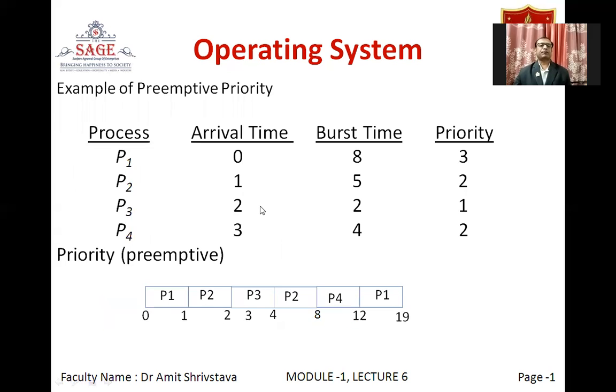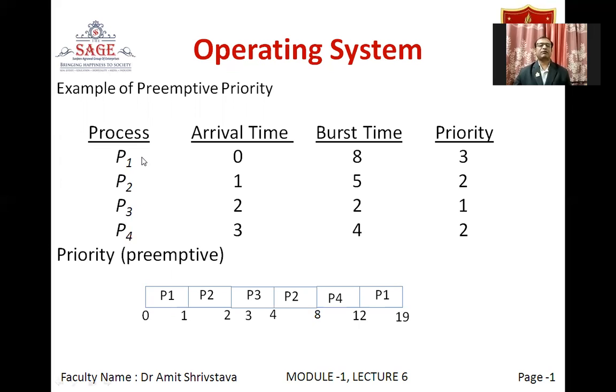Now let us see the preemptive version of the priority scheduling algorithm. So the scenario is same. In preemptive version, what we will be doing, we will be checking after every 1 unit time interval whether a new process has arrived or not, and if a new process has arrived, then whether the new process has got the higher priority than the currently running process. And if it has so, then we will simply take the CPU from the current process and allot that CPU to the new process. Okay.